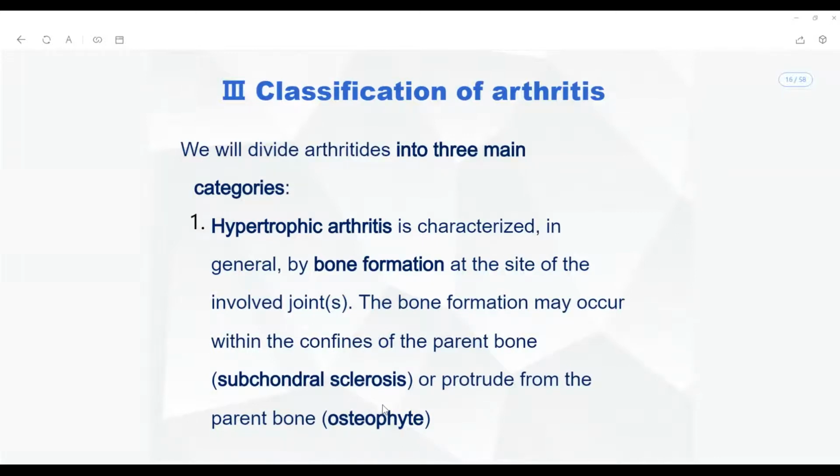An osteophyte is an extra growth of bone along the subchondral regions. That indicates there is a lot of inflammation and abuse related to the articular surfaces. Such a condition is called hypertrophic arthritis,